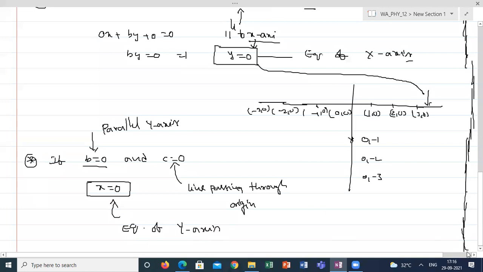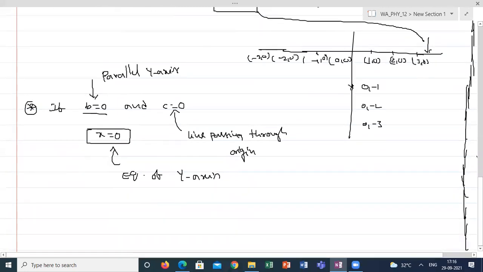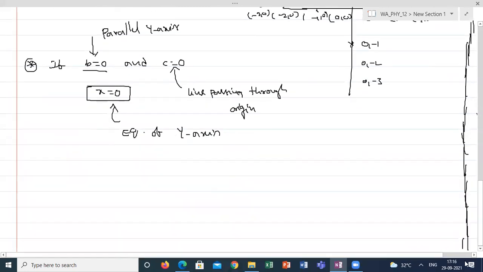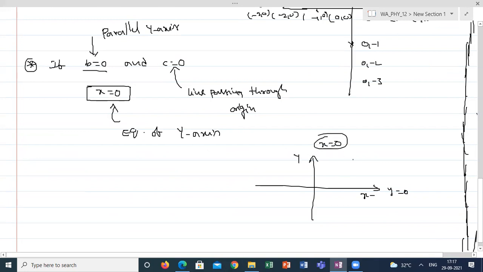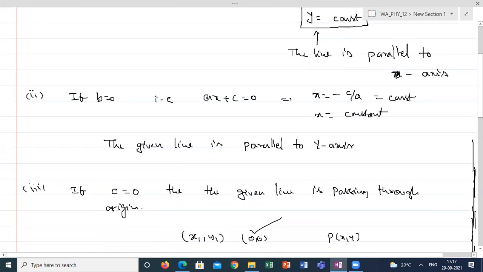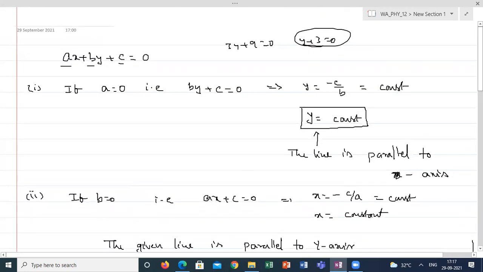So how to remember this? It will be useful in some numericals. Suppose this is the x-axis and y-axis. The equation y is equal to 0 is the x-axis, and the y-axis has the equation x is equal to 0. Don't confuse them. They might ask questions related to this also. Hope you are clear. Before going to the normal form, all these things should be clear: the different forms, how to identify which line is parallel to which, how to identify the equations, and the different cases. Hope you are clear, students.